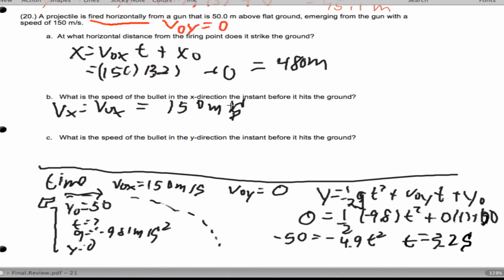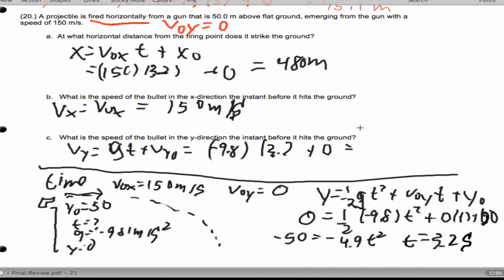So you had this in the practice exam. Some people kind of forgot it on the real one. And then what is the speed of the bullet in the y direction before it hits the ground? That's going to be vy equals g t plus v naught y, which is going to be negative 9.8 times 3.2 plus 0. Let's go ahead and calculate that number. And that works out to about negative 31.4